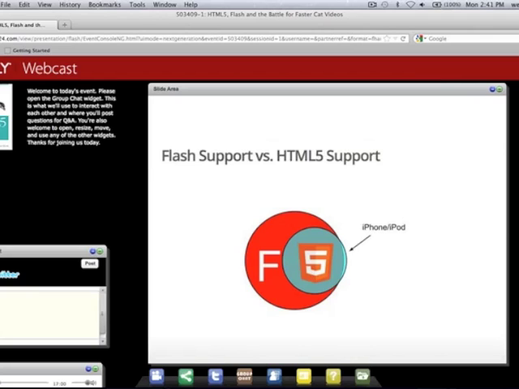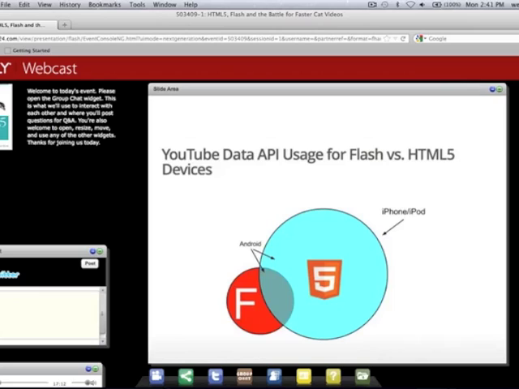But one of the interesting things that happened was when I looked at where our APIs were being used, where people were trying to build interesting applications that use YouTube, it sort of shifted, and it was more like this. It was a lot of places, a lot of this mobile world was trying to use HTML5 video, only had HTML5 video, and they wanted to build interesting YouTube applications. And we have Android that sort of spans half of that, although with the newer versions of Android, we don't have Flash available either. So when I saw this, and I saw that there was really such a drive for people to want HTML5,